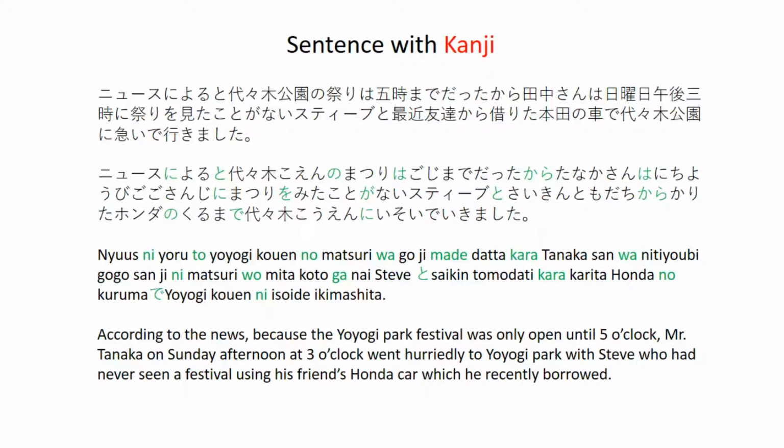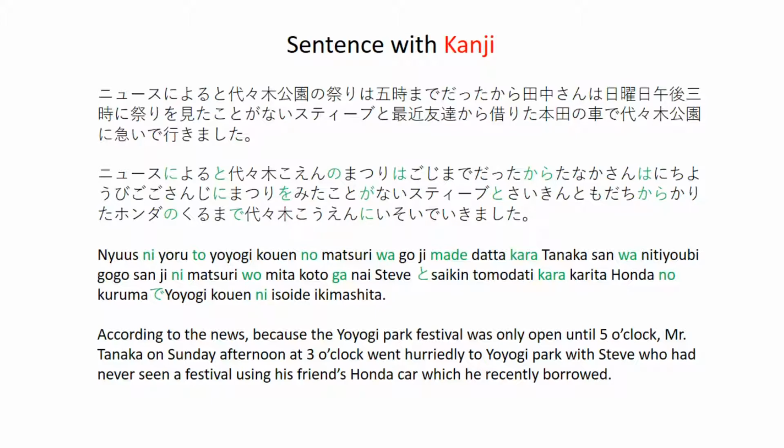This is the same sentence as the previous page. I have simply included the kanji. I will now read the whole sentence slowly. News ni yoru to, Yoyogi Koen no Matsuri wa 5時までだったから、田中さんは日曜日午後3時に祭りを見たことがないスティーブと最近友達から借りたホンダの車で代々木公園に急いで行きました。You will note that we have 15 particles in this sentence,